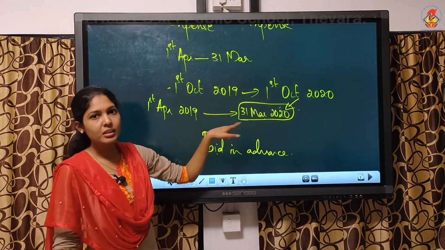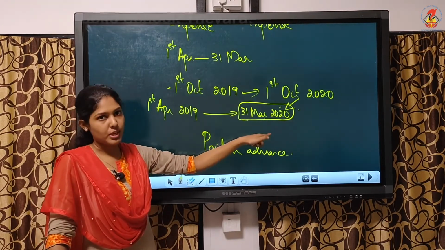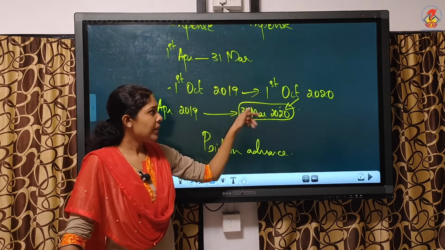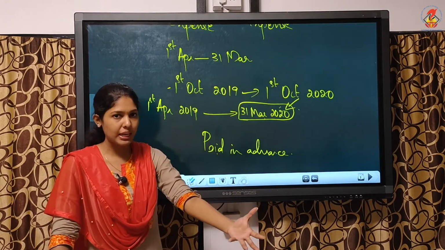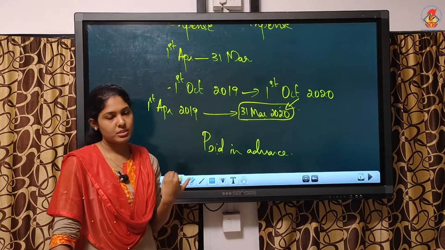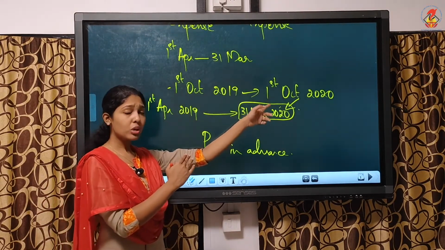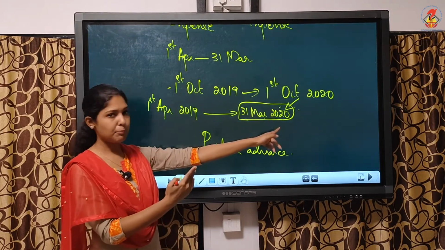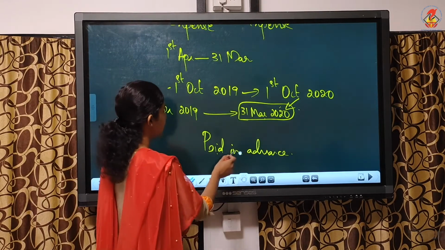Before that, the year ending is there. The financial year will get over on 31st March. So this payment is actually for the next year. The 6 months is for the next year we have paid, that is in advance. Okay. From April till October, you can't include October, it's still September. So for 6 months we paid in advance, that's called prepaid.